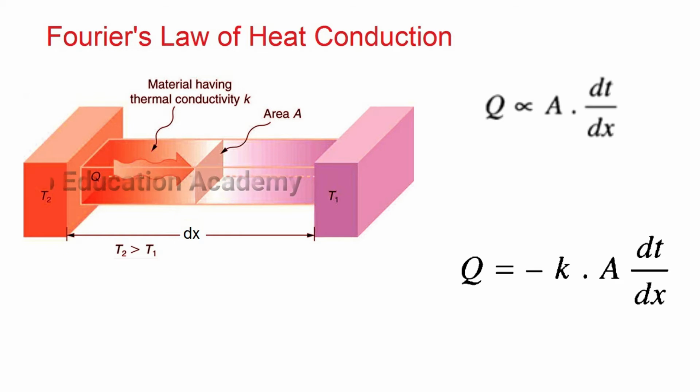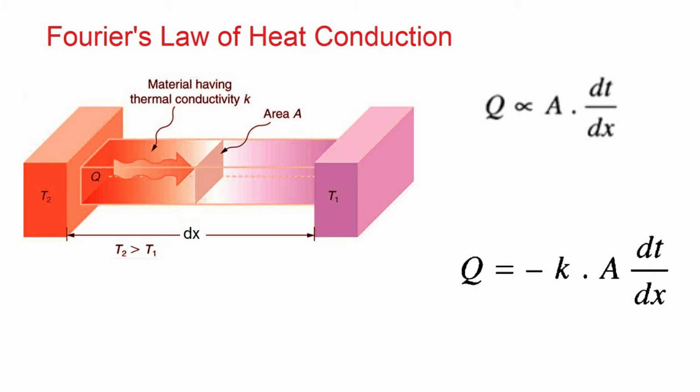We know that whenever heat transfers in a body of thickness dx, the temperature continuously decreases with respect to the direction of heat flow. So here we are using a negative sign. This negative sign represents that heat will flow from higher to lower temperature, and it continuously decreases with respect to thickness. dT by dx is known as the temperature gradient, and the temperature gradient dT by dx is always negative along positive x direction, and therefore the value of Q becomes positive.